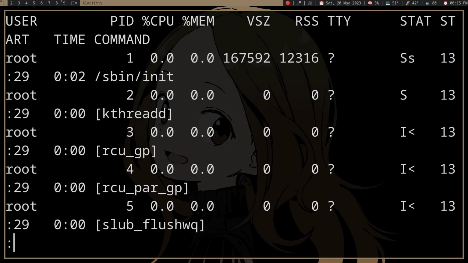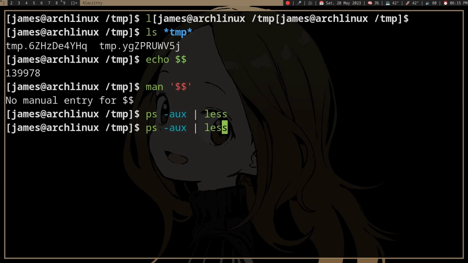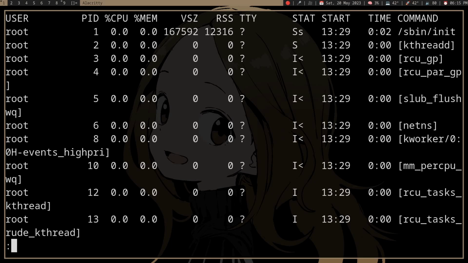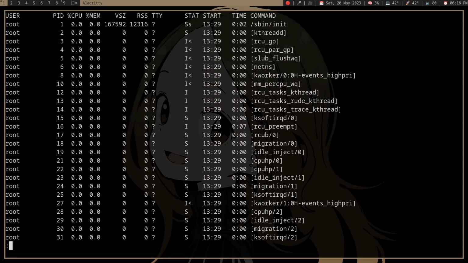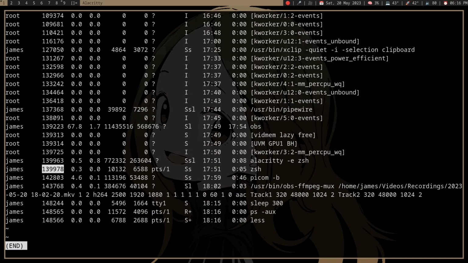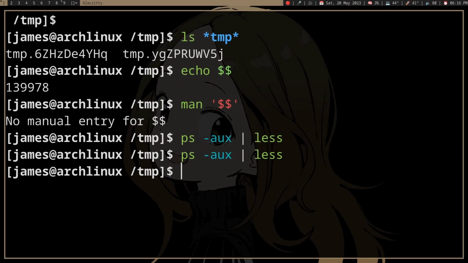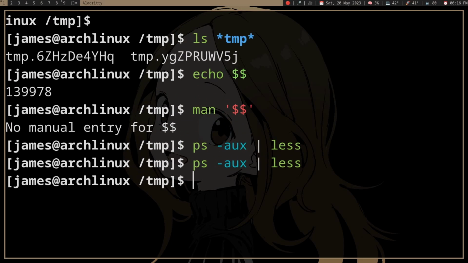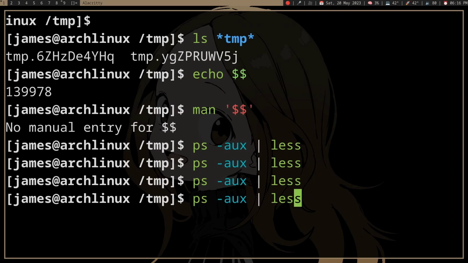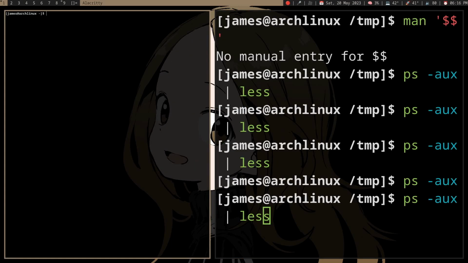And if you look at ps, what was the PID? 139978, right? 139978, and yeah, it's our current zsh, right? So with this variable, we can actually mark the file names, because let's say, okay, 139978, let's exit this, let's exit the terminal,